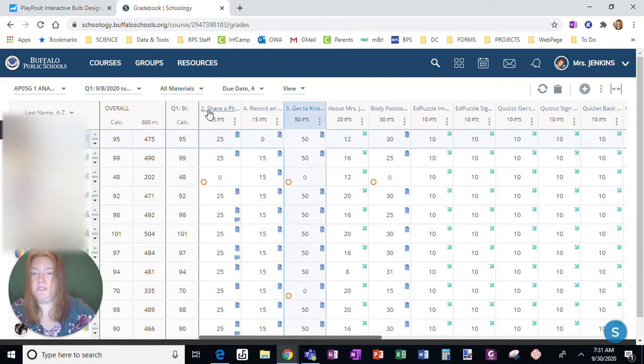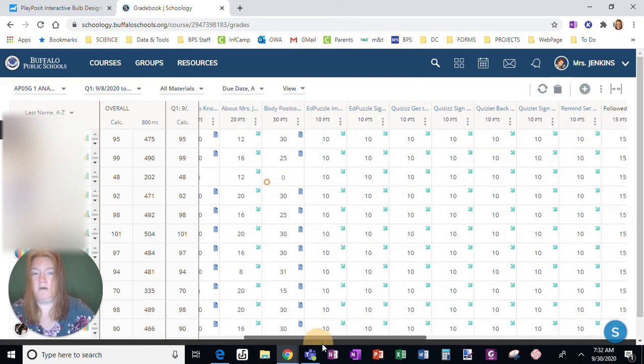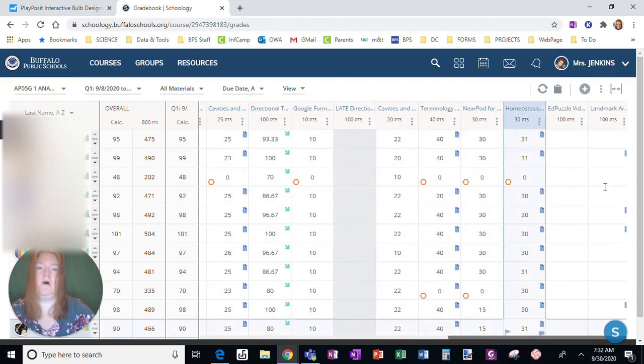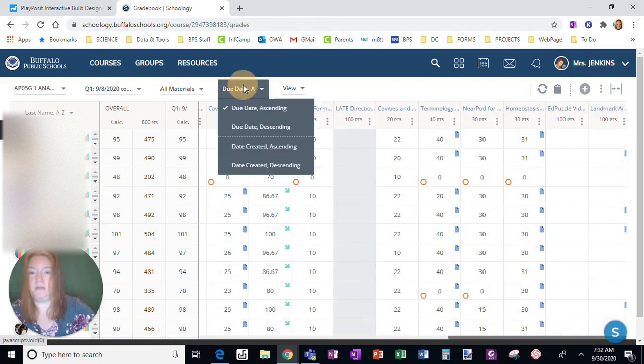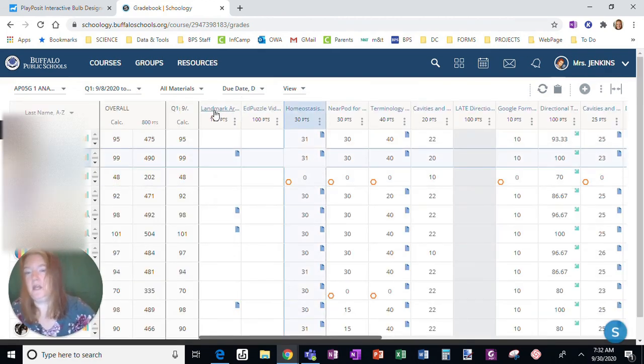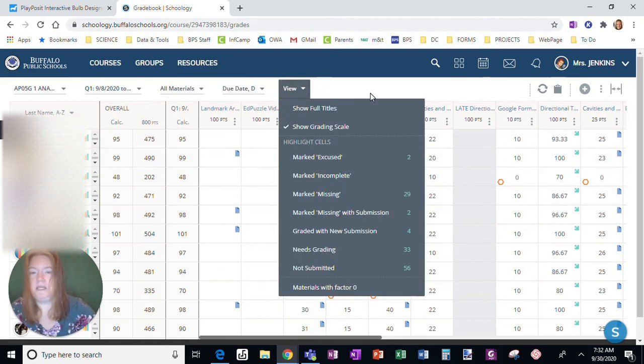So I like to do by due date descending, meaning the things that are due right now, they're going to show up first. If I click due date ascending, okay, I'll show you what happens, is the things that were due first this year show up here, okay? And now, in order to look at the most recent things, I have to scroll all the way over to the end, okay? You can sort by date created. Those ones I don't typically use. I typically leave this on due date descending so that the things that are due right now or upcoming are closer to the front. And then the last thing here is in the